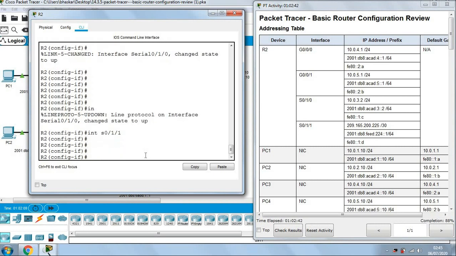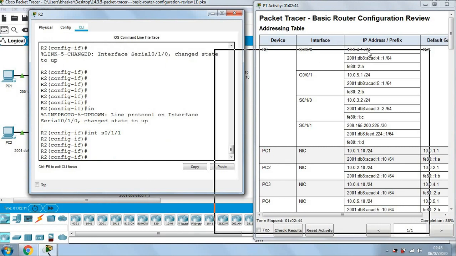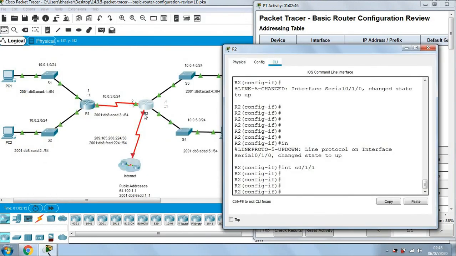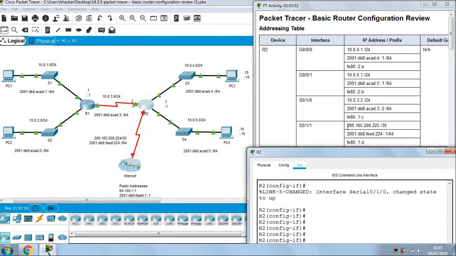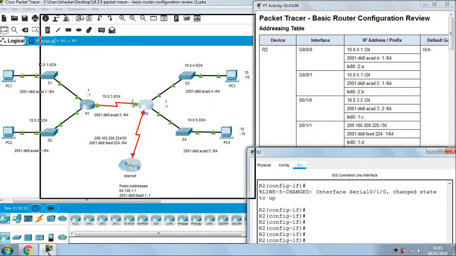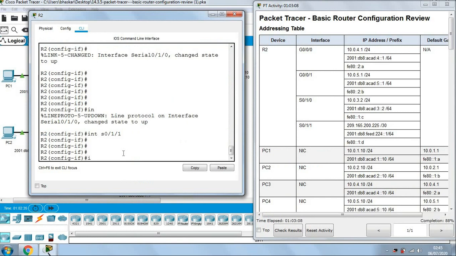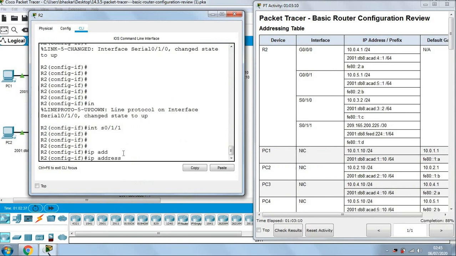0/1/1. See here. The interface serial 0/1/1. The network here is provided: 209.165.200.225/30. This network is connecting with your internet. In the description you have to write that R2 is connected with internet. Okay. So if you go here, the IP address for this one